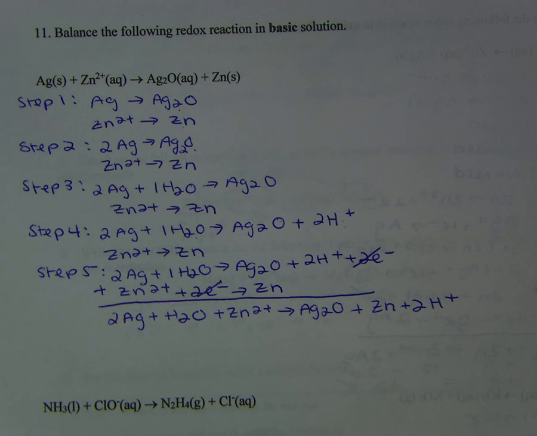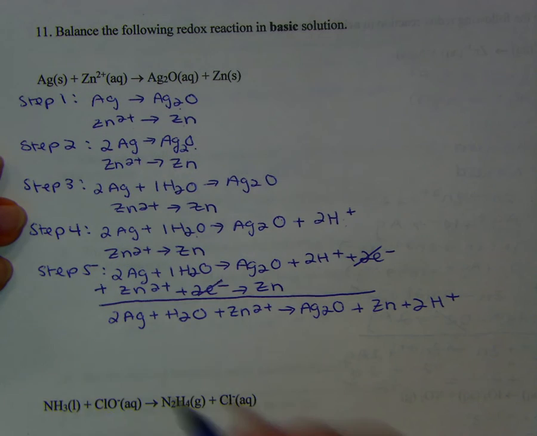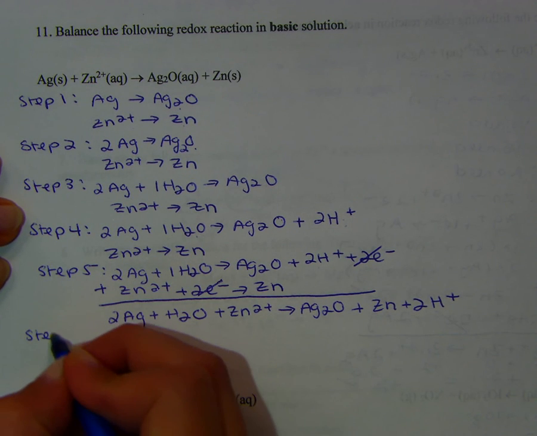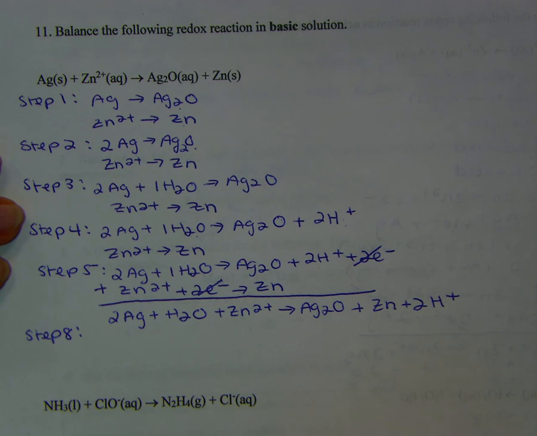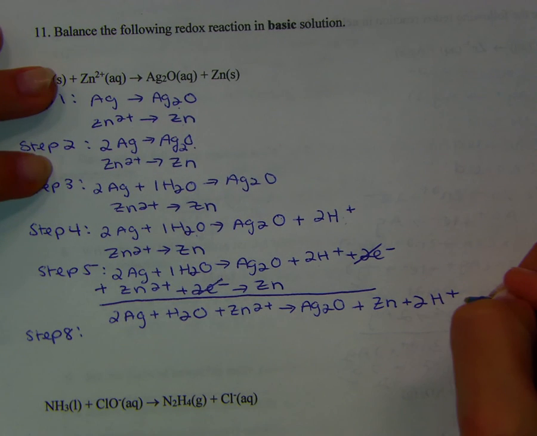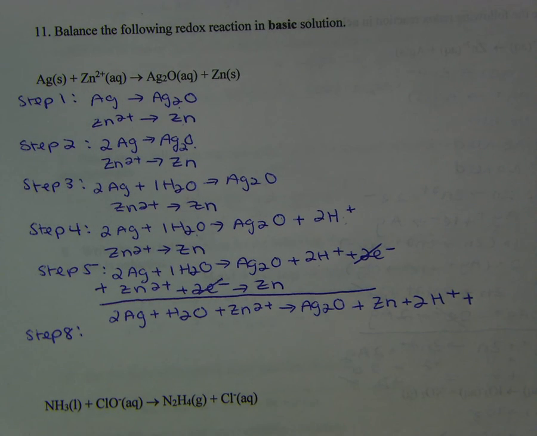Again, unfortunately, we're in basic conditions, so that H plus can't stay there, which is where we move on to what they call step 8. In that, I now have to add on hydroxyls in the same amount as H plus to neutralize them. So I'm going to add on 2 OH minuses,